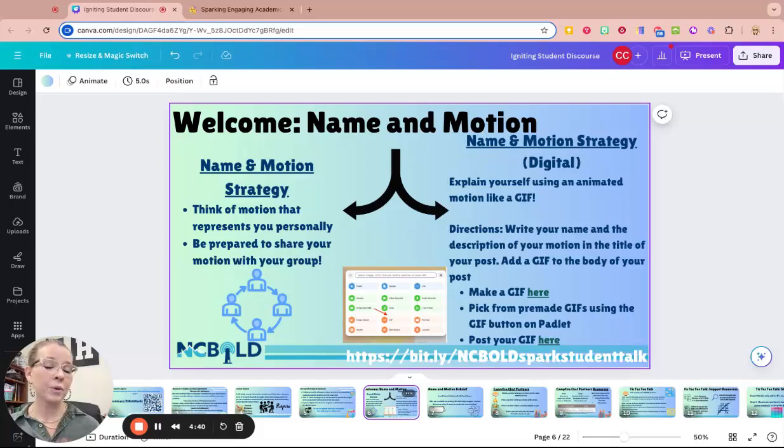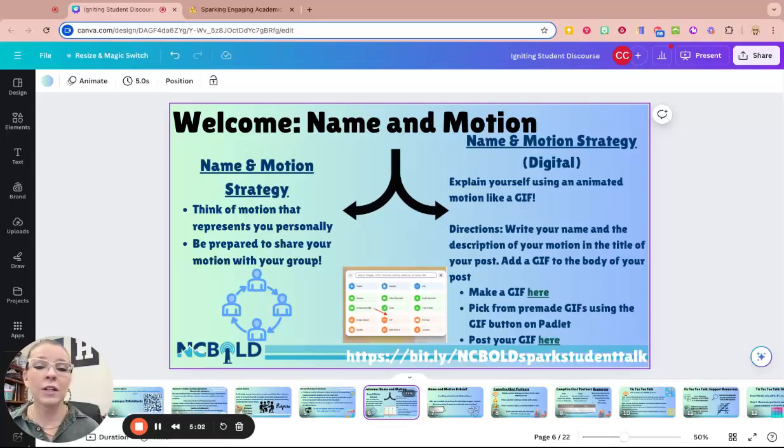When you start with a low stakes activity like this, it creates a culture that we're in a collaborative space, and it lowers their anxiety a little bit if they just have a space to practice communicating. It lowers that entry barrier.